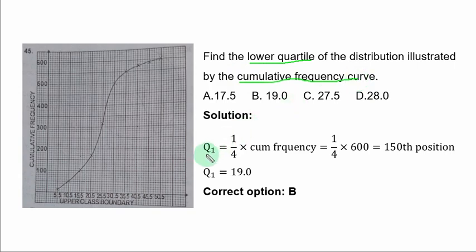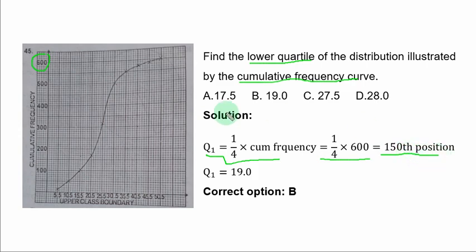You get Q1 by multiplying the cumulative frequency by 1 over 4. In other words, you divide it by 4, because a quartile divides the distribution into 4 equal parts. The total cumulative frequency is 600. So you have 1 over 4 times 600, and that is